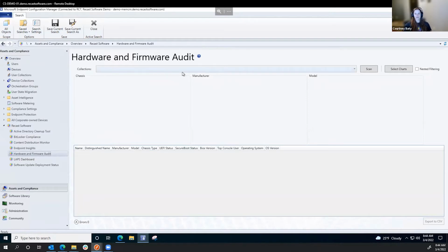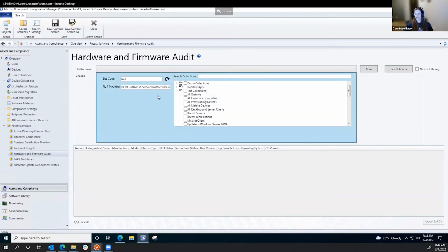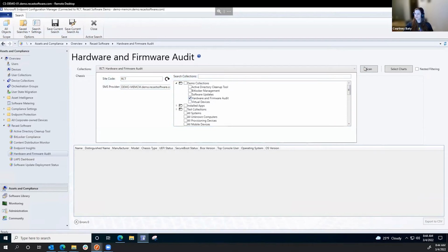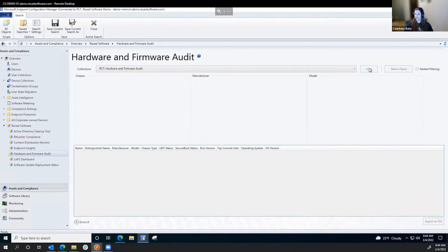The first dashboard we have in our demonstration today is our hardware and firmware audit. It is located under Assets and Compliance, then the Recast Software node, and then go to Hardware and Firmware Audit. When you get to this dashboard, pick a collection that you would like to know more information about, and go ahead and hit Scan. This will start grabbing